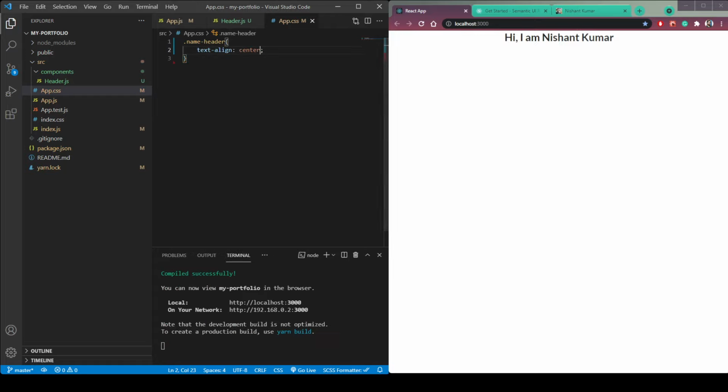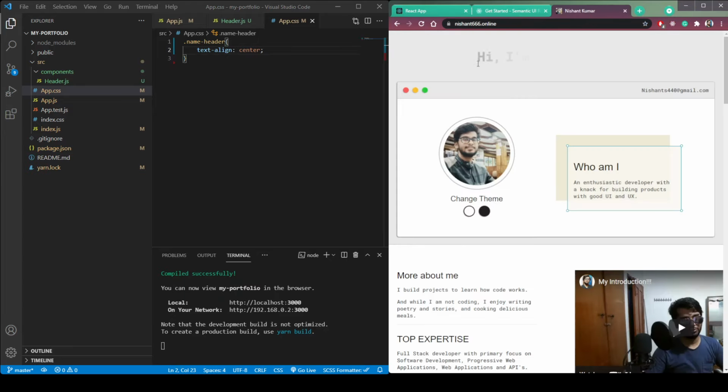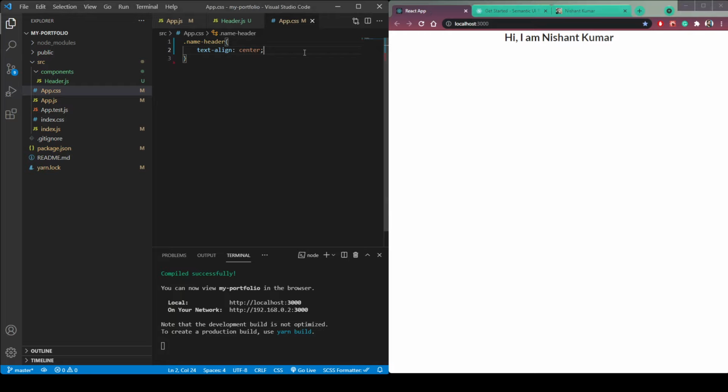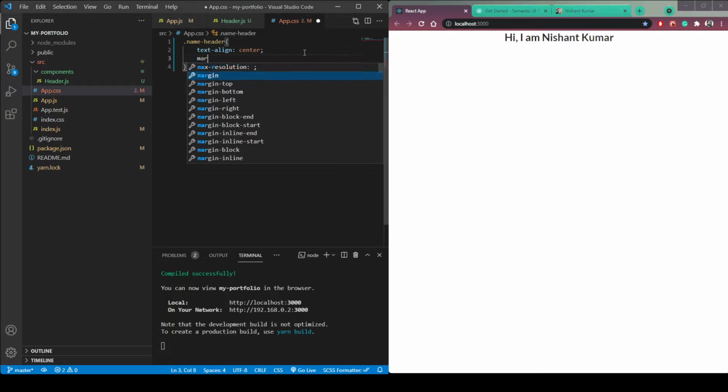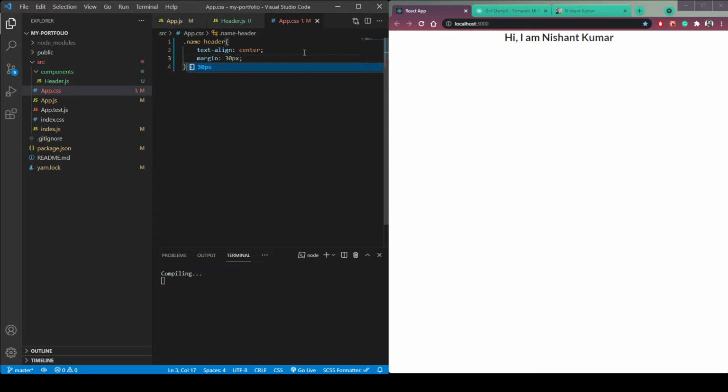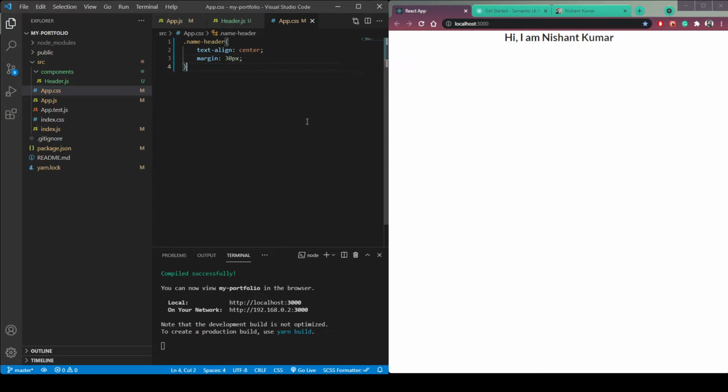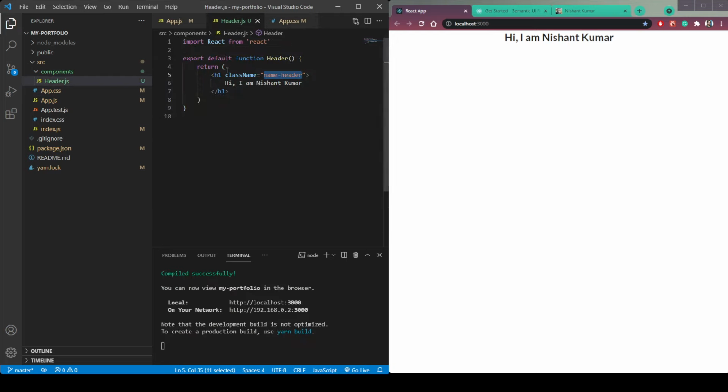As you can see, our name has been correctly aligned in the center, but it has some padding too, or some margin at the top. So let's give it a margin. So margin 30px. But it is not working, so I think we need to give it a div first.